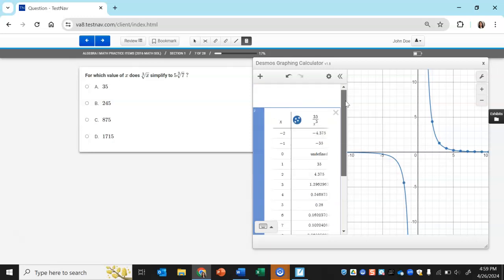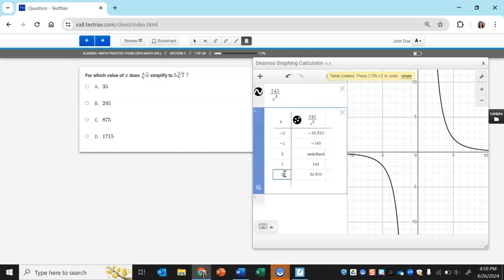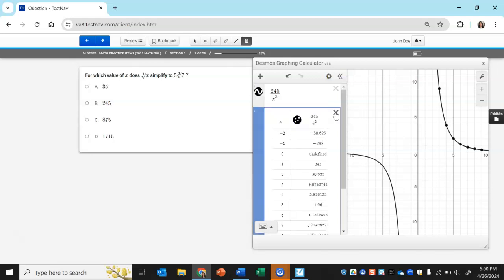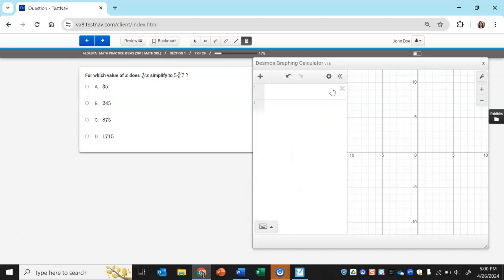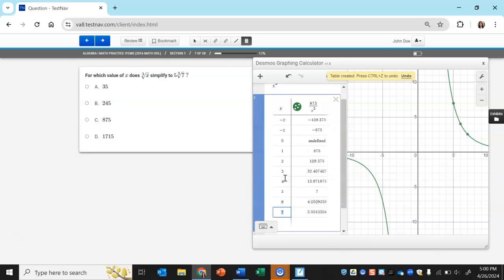Do the same process for B. I'm going to do 245. And then go back up. Yep, 1 and 245. Nope, that's not the one. 875 over x cubed. Okay, so I see